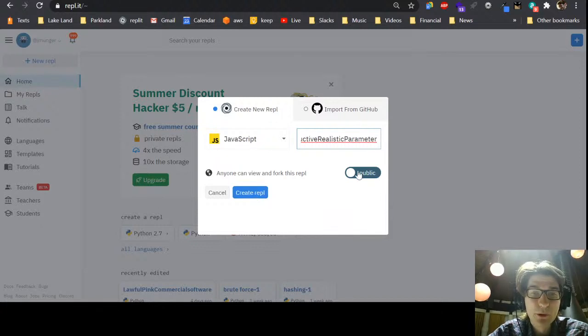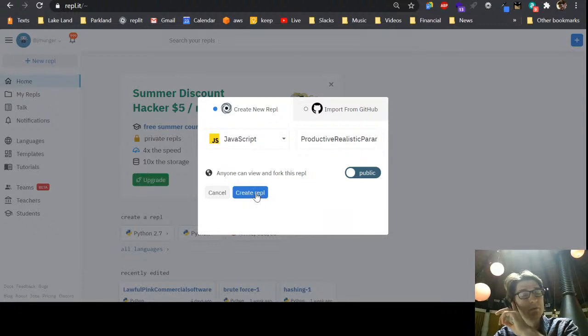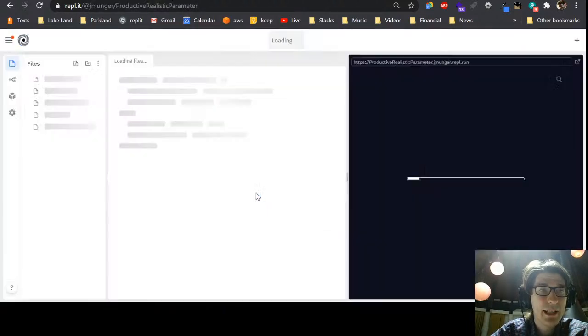If you have an upgraded account, you can set it to private. Otherwise, it's public, so other people can view it and copy it. They can't change yours, but they can make their own copy. Once you create that,